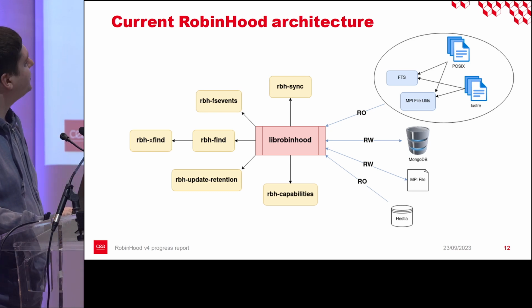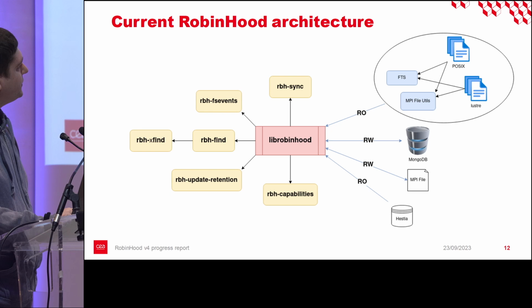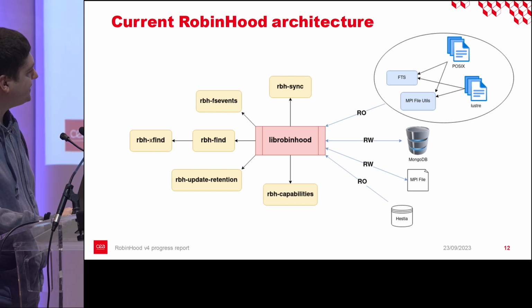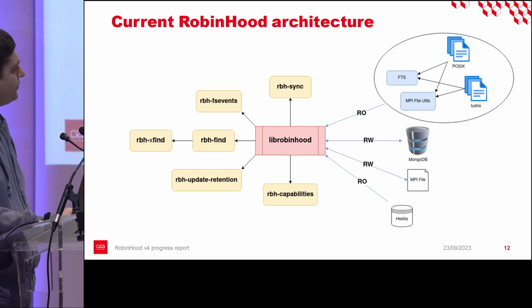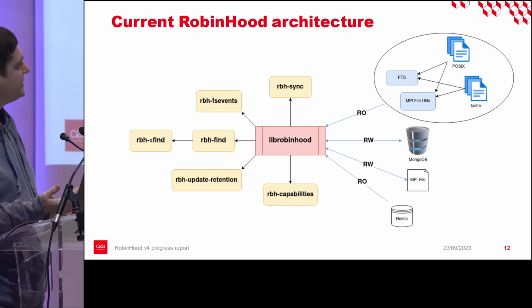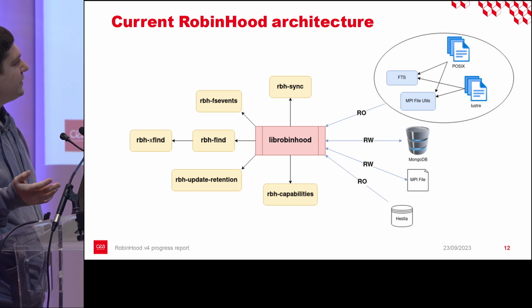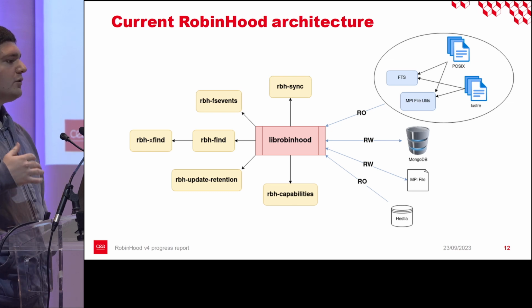So this is the current RobinHood architecture as of today. We have 5 backends, which are the str object store, which is read-only, the MPI file, which is read-write, the Mongo database, read-write also. And finally, we have the POSIX and Nestor backends, which are read-only, but can be accessed by either MPI file utils, which is the common way we have now, or FTS, which is the old way